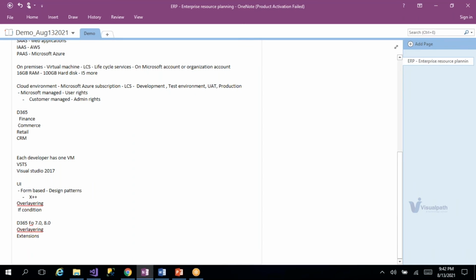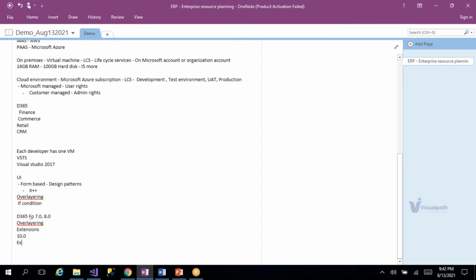From D365 Finance and Operations 10.0 onwards, we will use only the concept called extension. What is meant by overlaying and extension? Overlaying is where we directly go to that particular object and modify it. For an extension, we need to create a separate extension for that particular object,